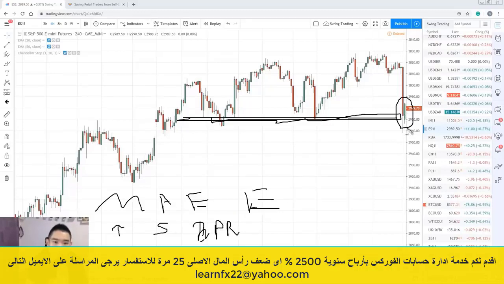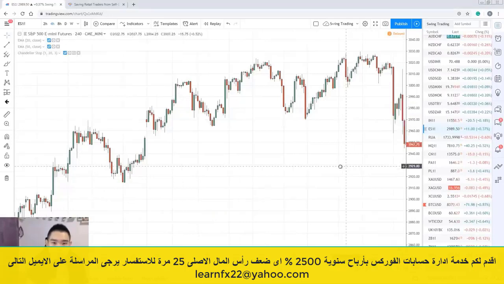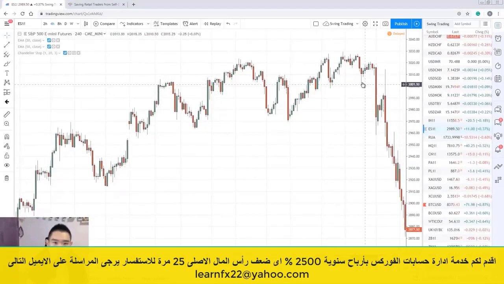And your exits, again, stops you're probably familiar with. And in terms of exits, I would say this over here again is a possible level you want to consider exiting your trade. And the second target could possibly be just below this area of resistance somewhere here. In this case, you can see that the market pretty much just hit this first target and then